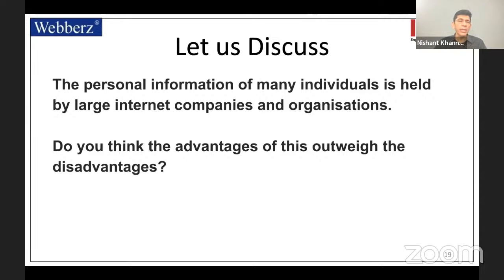Anybody is there for this? Otherwise, I will speak out. How the information is held by the large internet companies and organizations. तो देखते हैं जी इसके बारे में, किस तरह से आपका डेटा कंपनीज रखती हैं अपने पास। सो पहला तरीका है डेटा रखने का, जो आप डेटा एंटर करते हैं, whatever data you enter, वो कंपनीज के स्टोर रूम में चला जाता है। ठीक है, डोंट वरी, मैं बता रहा हूं आपको, मैं आपको टीचिंग यू।